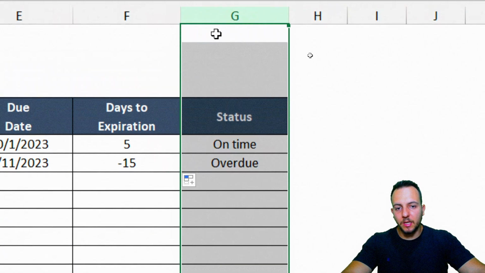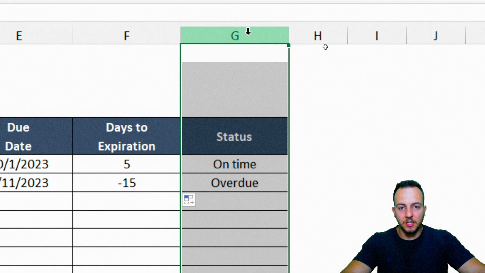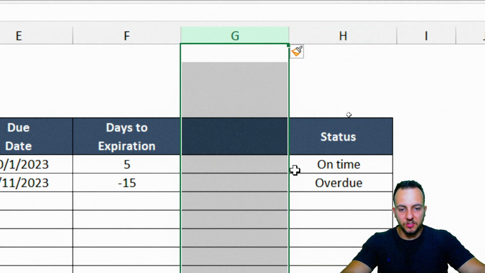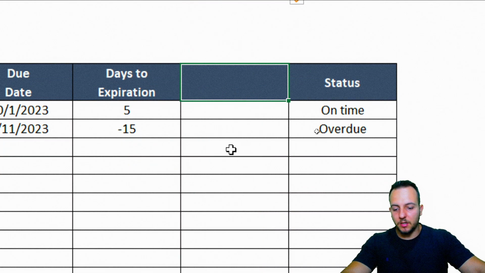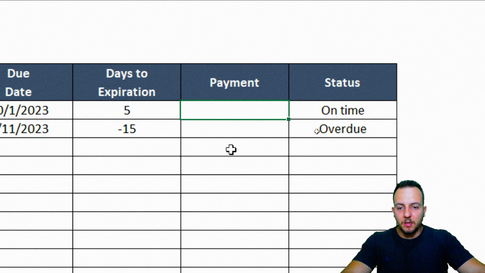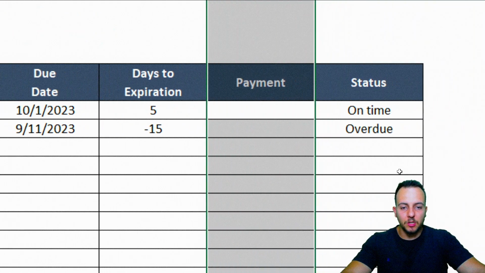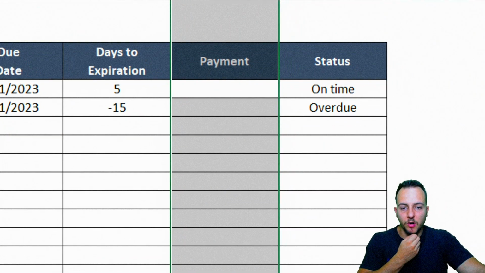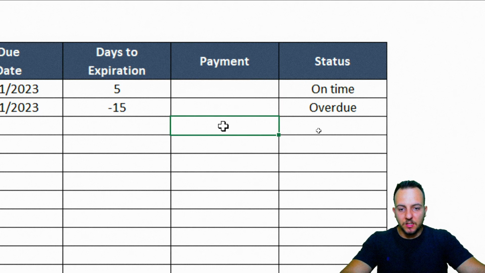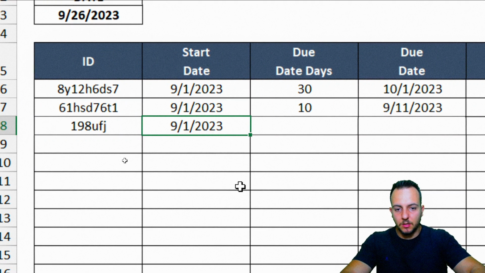To do it, you can create here another column to help you and actually act like a helper column. So let me just select here the entire column G, right click, insert. Okay, in this new column right here, I'm gonna type in payment, for example. Imagine that I'm using this spreadsheet for payment control, but you can actually use it for products or services, whatever. And whenever, let's say, I have here another situation with a new ID, it can be the same